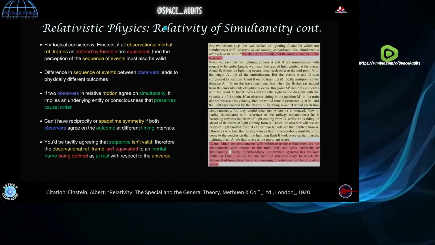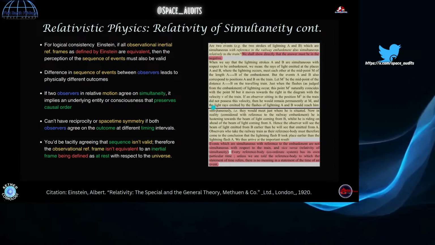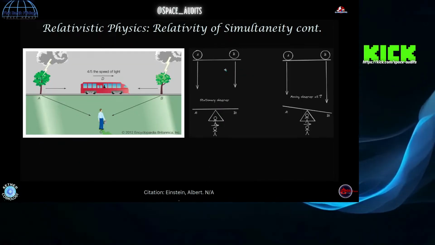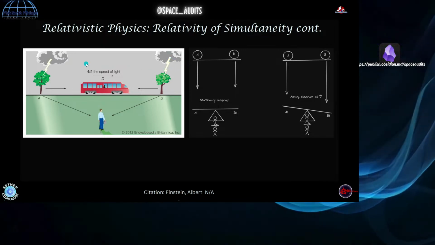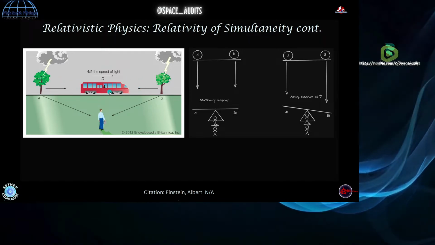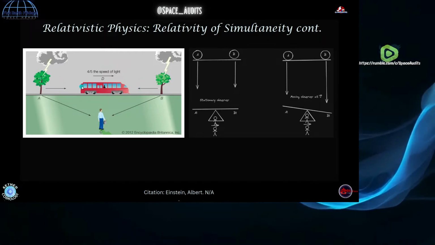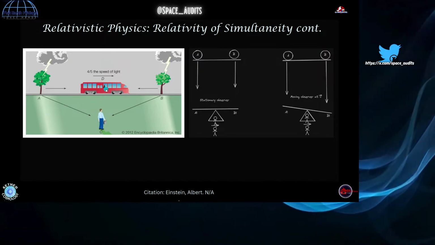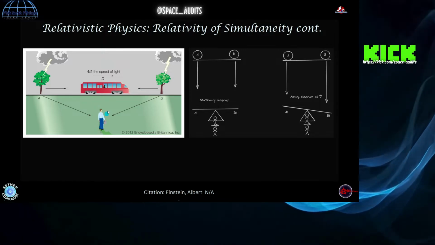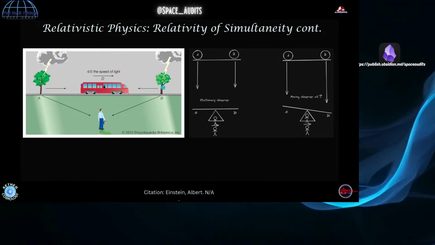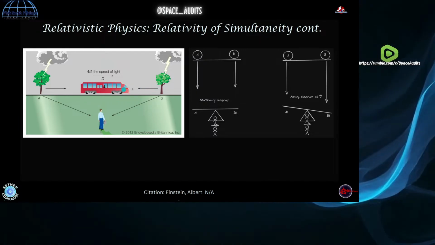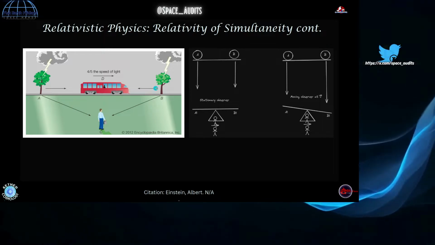All right. So again, he starts to give you an example of the train. I haven't shown the train scenario with the relativity of simultaneity, so let me show you that first before I read the example here. But to make the distinction clear, Einstein is saying that if you're on a train, you have an observer here that intersects with a stationary observer, and you have lightning strikes that occur at A and B. Because the observer on the train is moving towards B and the speed of light is constant, they're going to perceive this event occurring first.